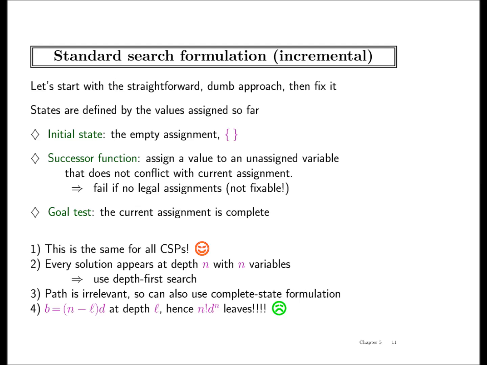Wait. So, if we did this assignment where we picked a variable randomly, we tried all variables and we tried all values for all variables, then the number of leaves will be n factorial times d to the power n. Why? Because this d gets multiplied, and this gets n minus 1, n minus 2, n minus 3, up to 1. So the total product will be n factorial d to the power n. First of all, that's huge. But second of all, it's wasteful. We are missing a critical insight in the way I have defined the incremental search here.